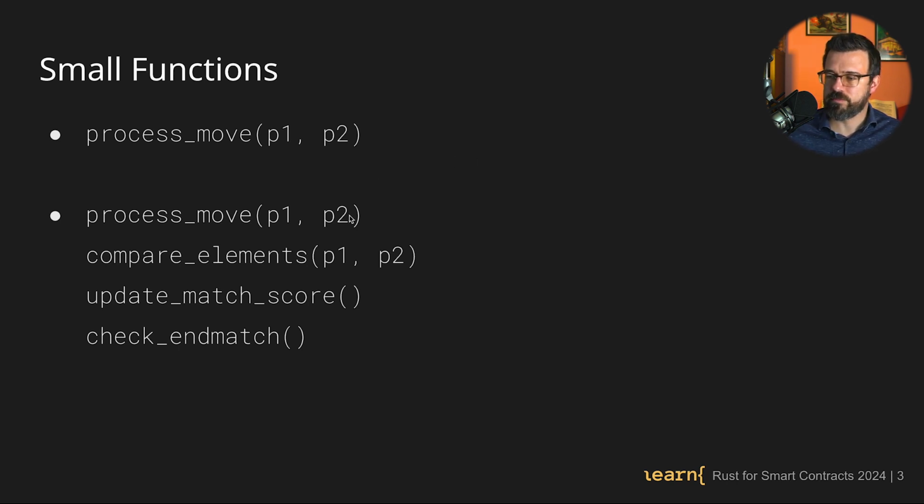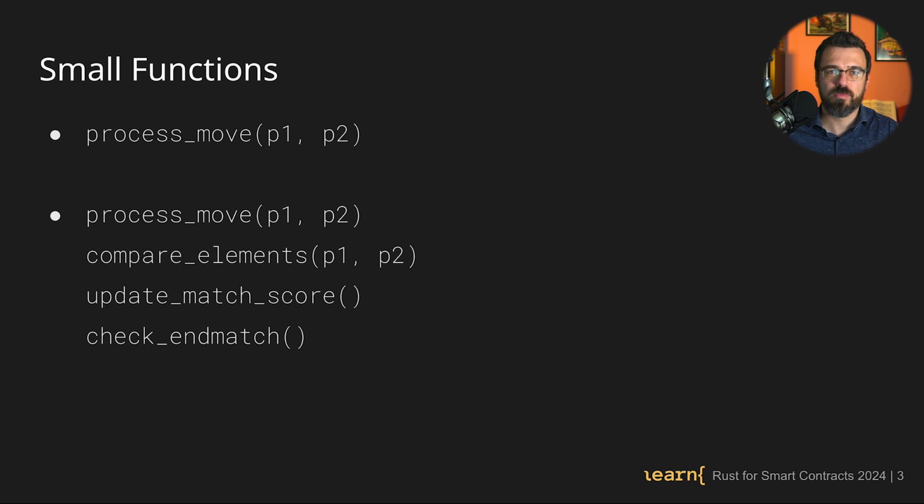Here's a really simple example. Let's say you had that rock, paper, scissors game and you just put everything in a process move function that took the 2 player inputs and did everything to them. It compared them, it came up with a result, it adjusted the score, it checked for an end game and so on. You can still do that in the process move function, but all of those bite-sized steps should be